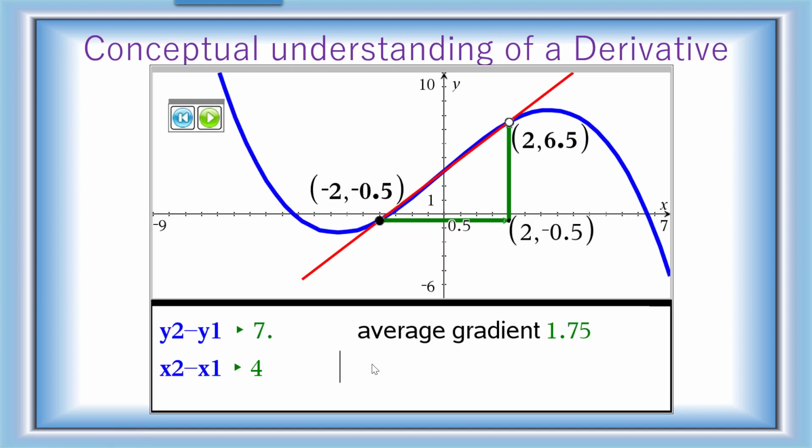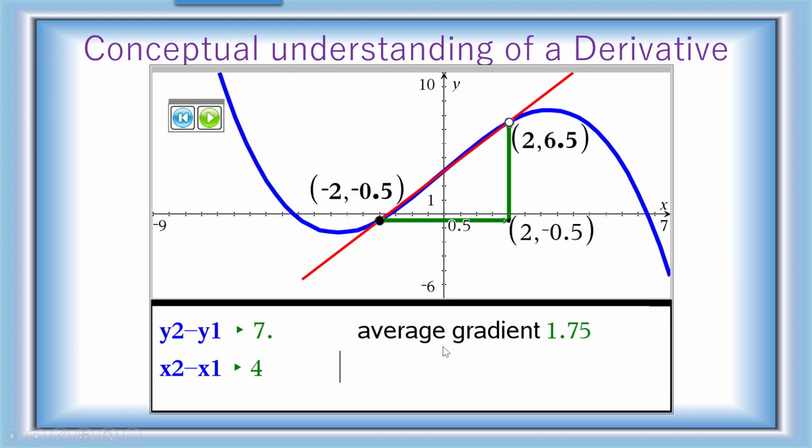So if I look at this screen now, you will see I've got a blue curve, which is actually a function, and I've got a point at -2, and then I've got another point at 2. So I've got a secant that is actually crossing this curve. In fact, it's touching the curve at 3 points. So here, then somewhere here as well, and then here. So if I can bring this point close to the black point here, which is close to -2, this red secant will then change into a tangent.